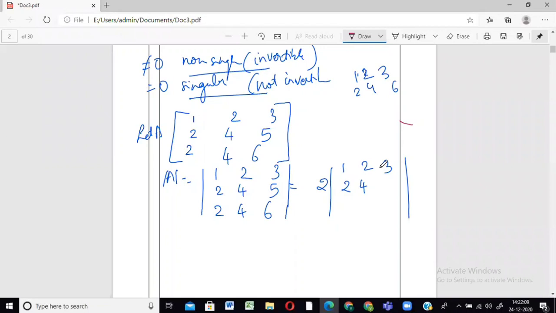So the same thing. Row 1 and row 2, there will be no change. Row 3, as I'm taking the 2 common, so what remains? 2 से 2 already taken out, so 1. 4 में से 2 and then 6 में से that remains 3. These two rows are clearly the same, as I said.